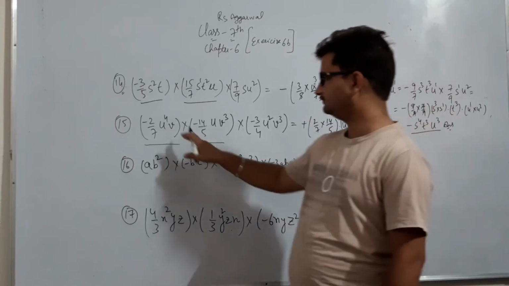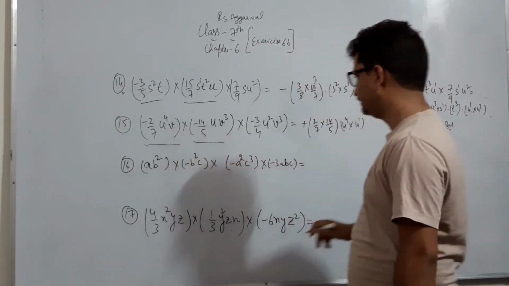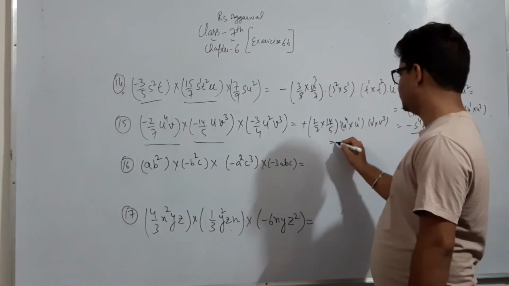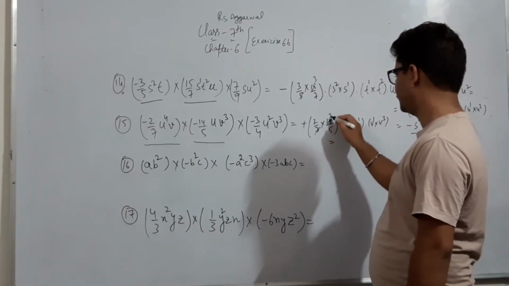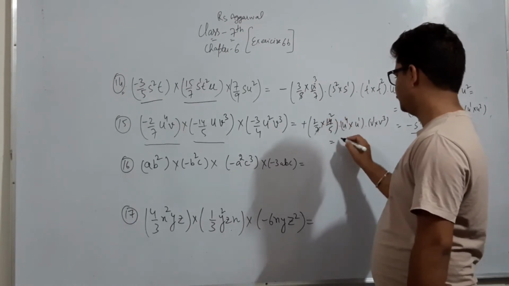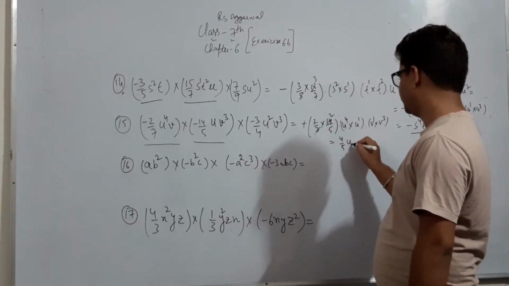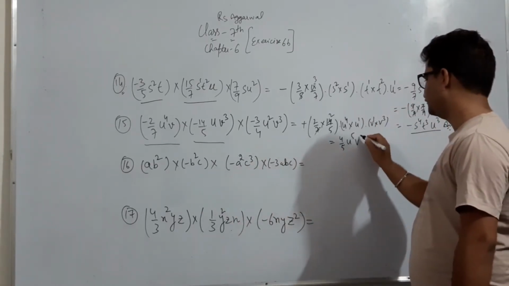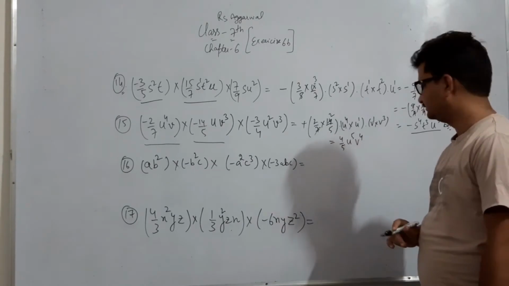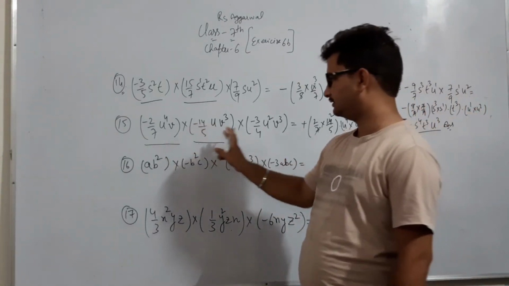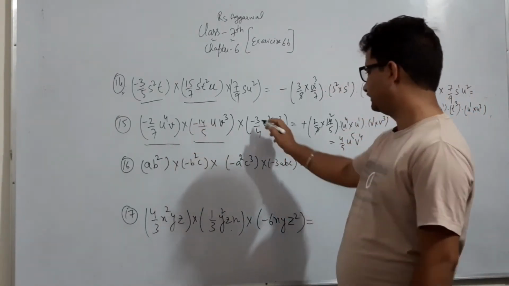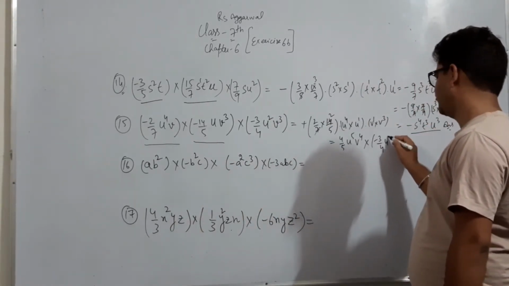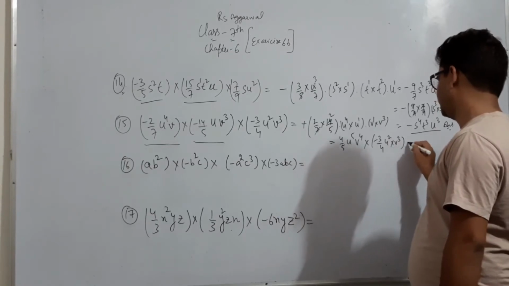Again the next variable is v, so we take v raised to power 1 into v raised to power 3. So the answer is 7 and 14 cancel, so 2 to the 4 upon 5, u raised to power 5, 4 plus 1 power, then v raised to power 1 and 3, then v raised to power 4. Okay, so this is the answer when we multiply this one and this one. And next we multiply this with, we write here, minus 3 by 4 u raised to power 2 into v raised to power 3.